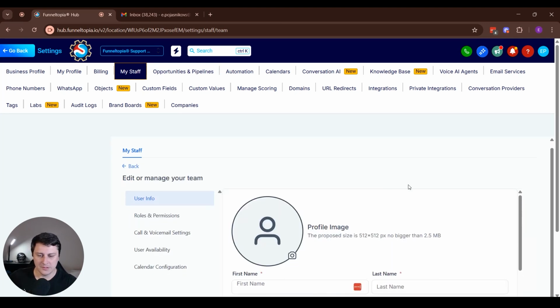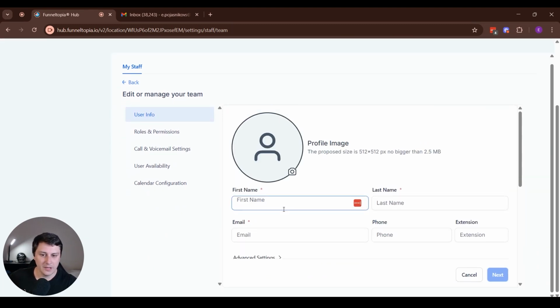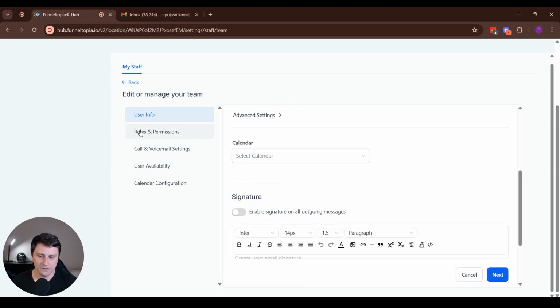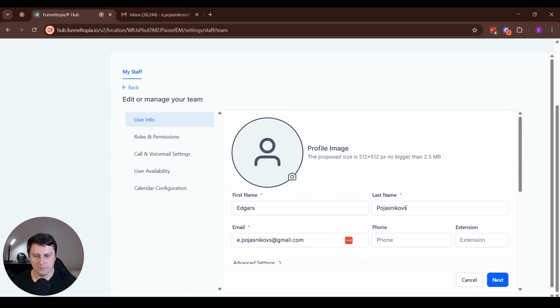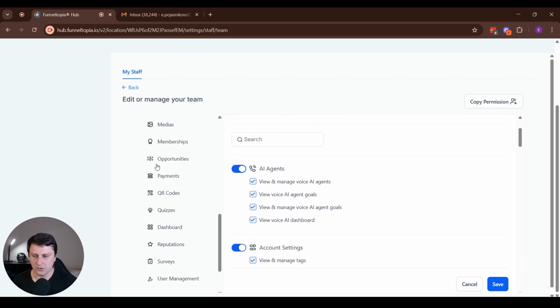The first thing that pops up immediately is a lot of fields that need to be filled out, but not really. The mandatory ones are first name, last name, and email. So we're going to fill those in quickly. So this is all good. The phone number and additional stuff is if needed, and connected to a calendar and whatnot. But these are the main ones. So if you click on next, once that information is in,